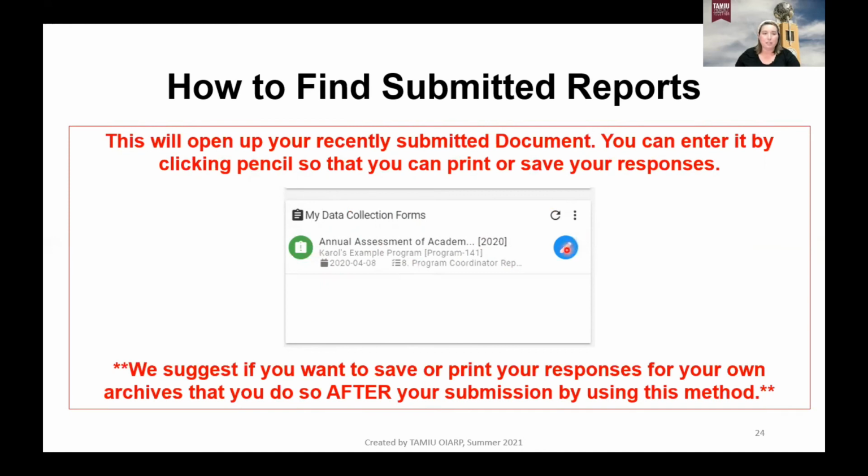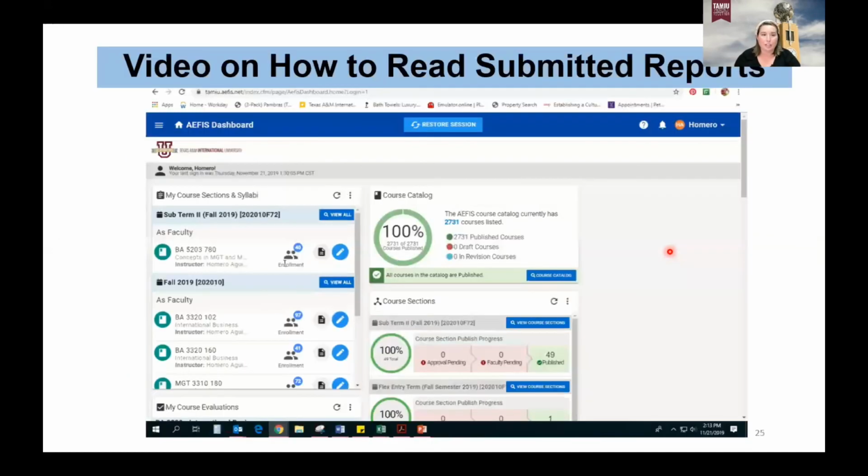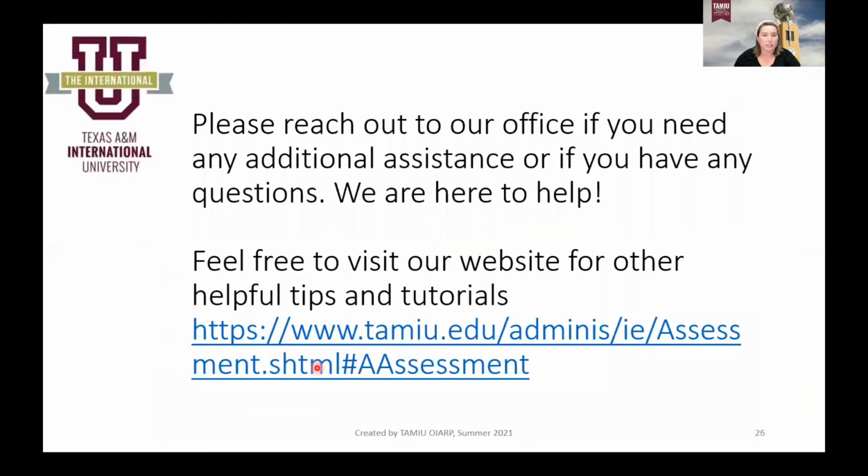You would click the pencil. You wouldn't be able to edit anything that you have uploaded, but you would be able to print. You would be able to save it onto your own computer. So that way you have a copy before you submitted it to the chair, or after you've submitted it to the chair, excuse me. And I just want to play this short video if it lets me. No, it didn't. So no video for you guys today,